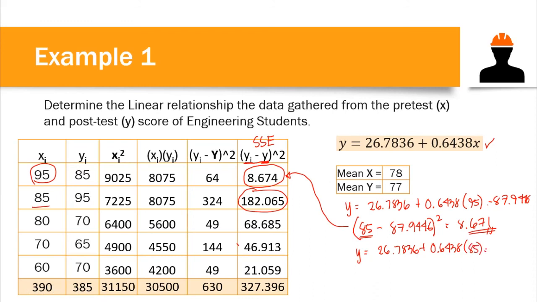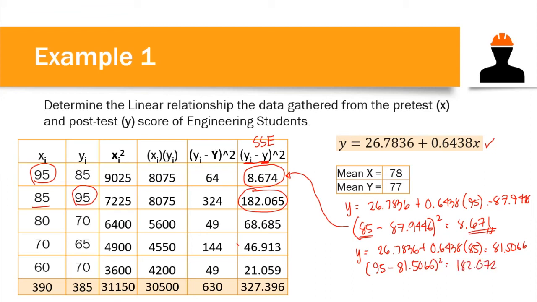This would give us the estimated value equal to 81.5066. So we can compute their SSE by just getting the difference between the actual and estimated value, then squared. So we have here 95, that's the actual value, minus the estimated value 81.5066, then squared. We have here